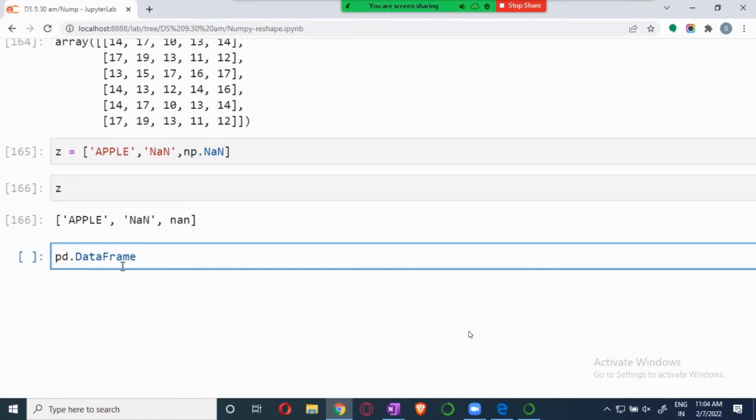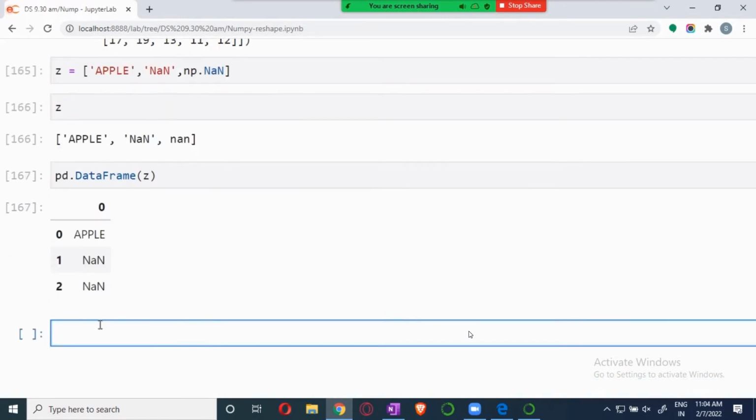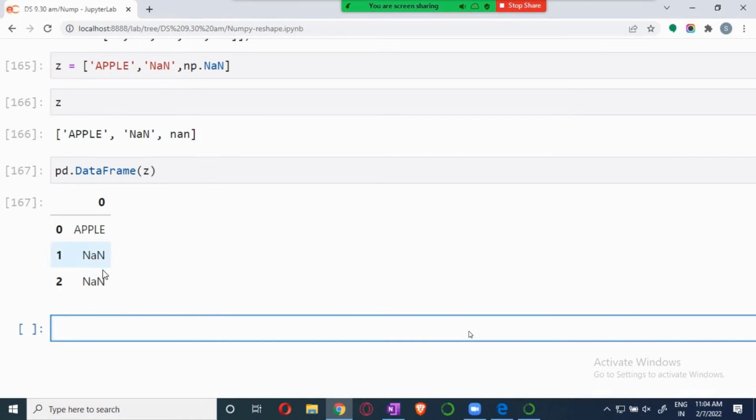I will give it z. Can you see this? Which one is NaN? Which one is this one? It's very difficult to know it. Now here you can see it because